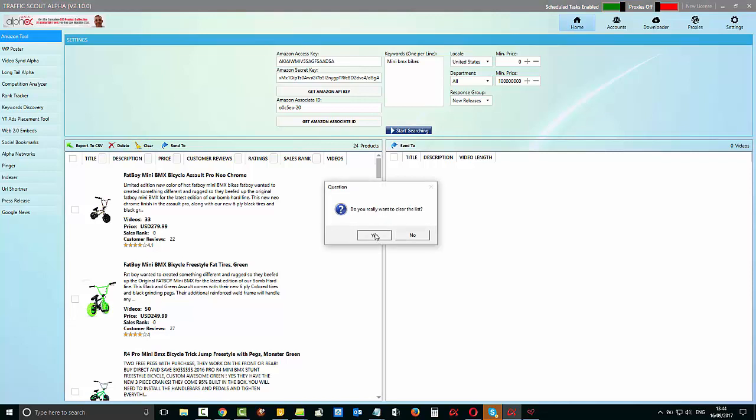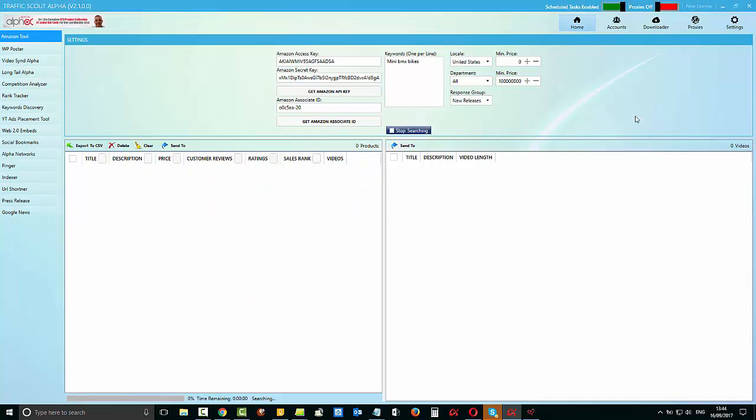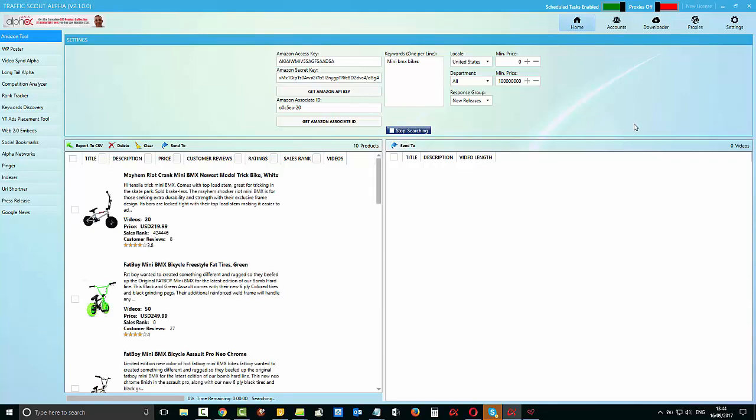Now if I just clear that and do that search and give it a second, it will start to populate with the latest products within that particular category. You can see here I've got 10 already. It's still working down the bottom here, and now we've got 20. And again, I can do the same things. So I could have top rated, latest mini BMX bikes, and we can take this deeper